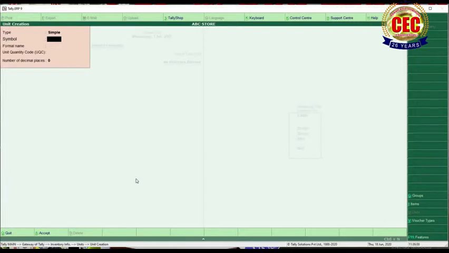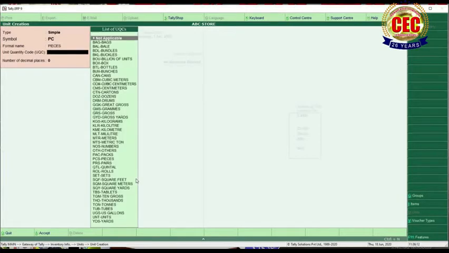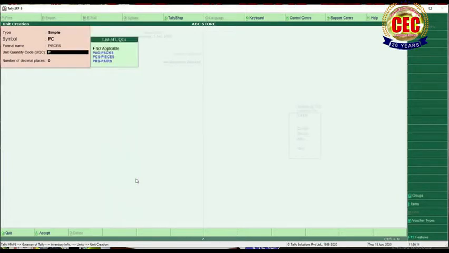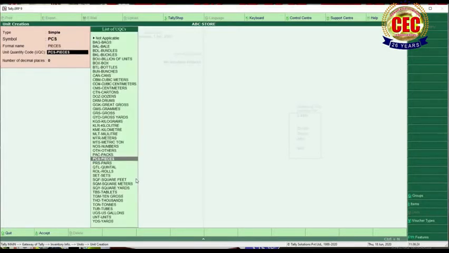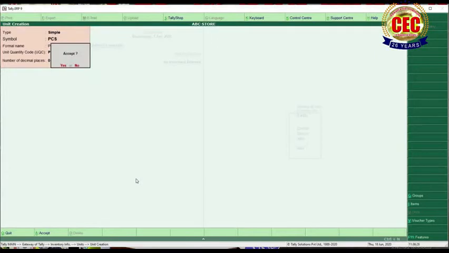And the next one is piece. Suppose I have selected here unit quantity code, pieces. Zero. Accept.